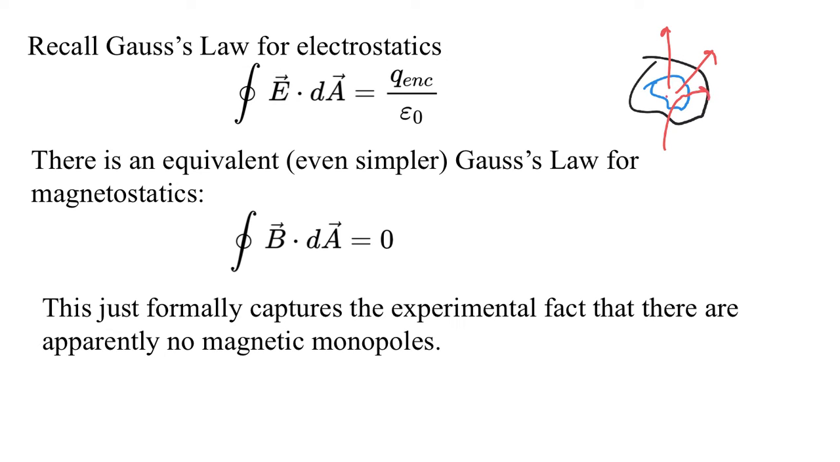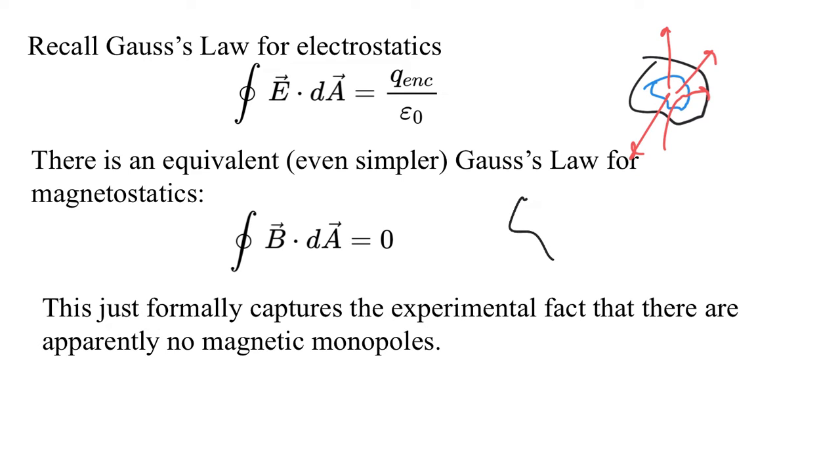We do that. And Gauss's law counts how many electric field lines enter or leave the surface, roughly. That's what the flux measures, how much electric field is entering or leaving the surface. And since field lines start or end on charges, it's proportional to the charge inside. But there's an equivalent for Gauss's law for magnetostatics, where